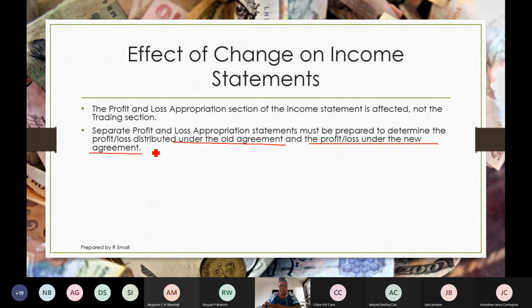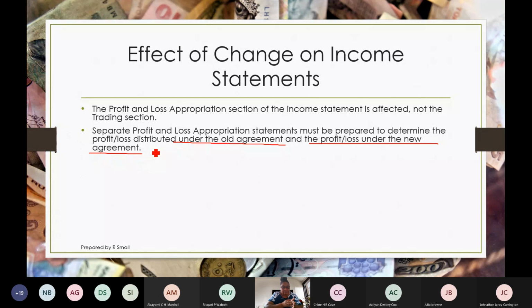But during the first, let's say 3 months into the financial year for the partnership, Chloe decides she's retiring, that she's going to retire from the partnership. So she's leaving the partnership. So what you have to do, you have to prepare financial statements for the first 3 months of the financial year and show what profit would have been made for those first 3 months